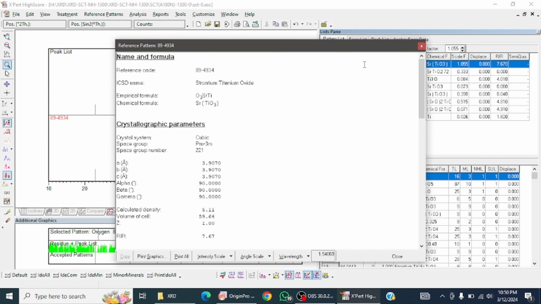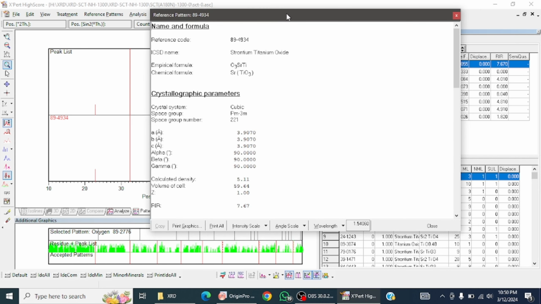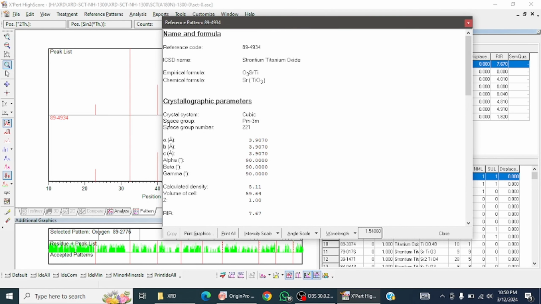So this is my data. I mean this data is perfectly matched with my formula. So I will check and pick most of the data from this PDF. The crystal system is cubic, which I already know that strontium titanate has a cubic structure, and the space group is PM3M, and the space group number is 221, and the lattice parameters a, b, c are equal, which is equal to 3.9070, and the angles alpha, beta and gamma are 90,